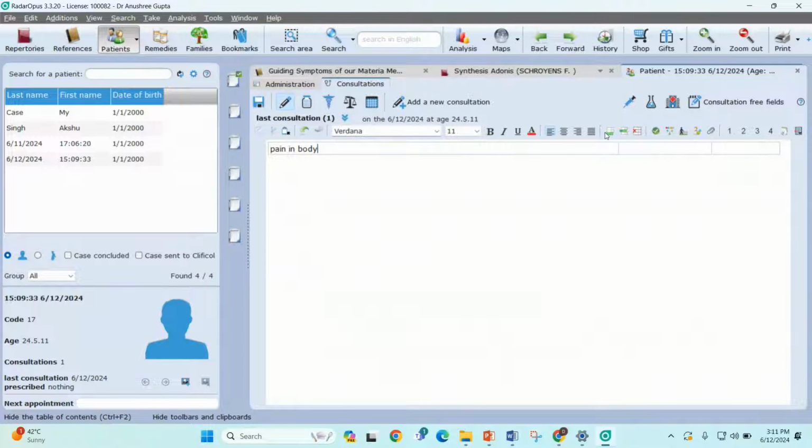You can add further rows for the patient's description, so you can align it respectively. So like this, you can take the complete case.